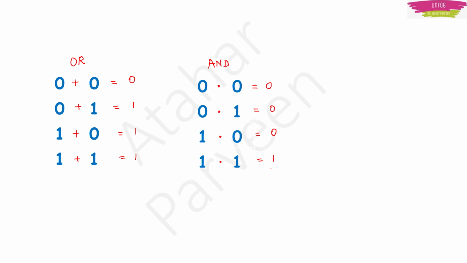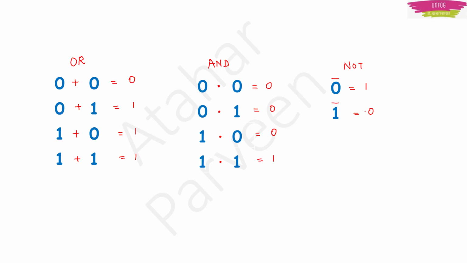Now coming to NOT operation. In NOT operation, because we are talking about complement, it will have only one input. It will make 0 as 1 and 1 as 0. So I am going to take only two inputs here for NOT operation. So for 0, I will write it like this because this is the sign for this operation, isn't it? The way we wrote plus for OR and multiplication for AND, we write complement for NOT. So complement of 0 will be 1 and complement of 1 will be 0. So this is how NOT operation works.